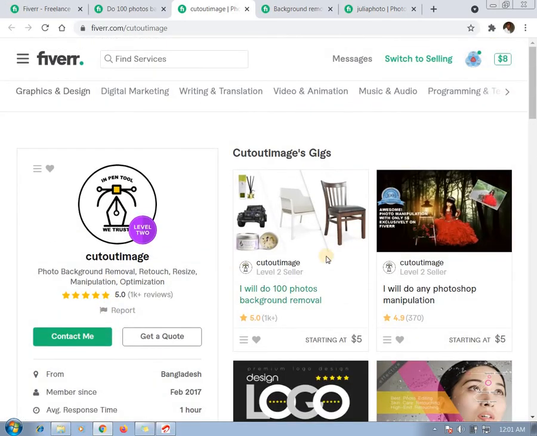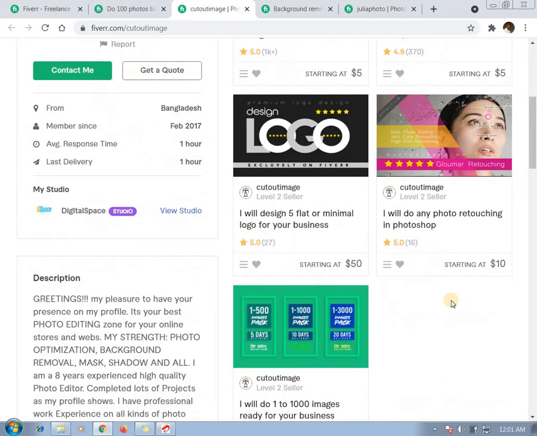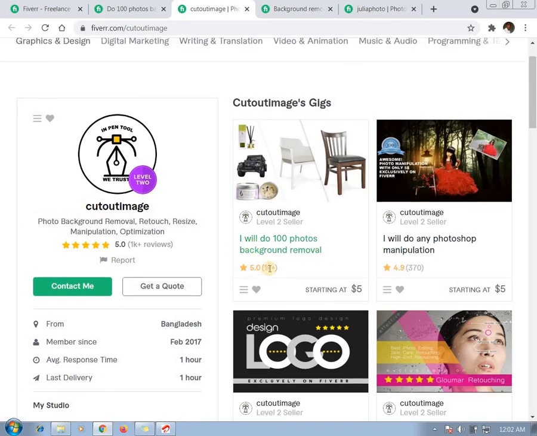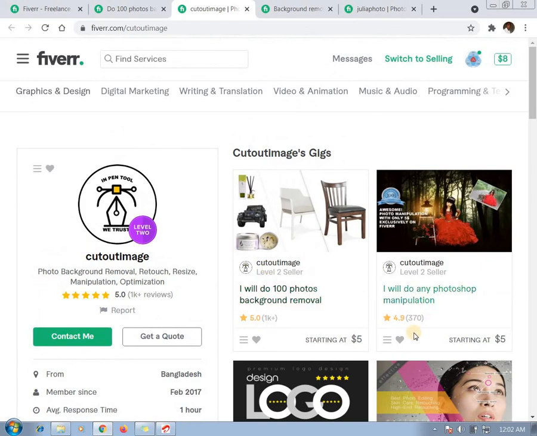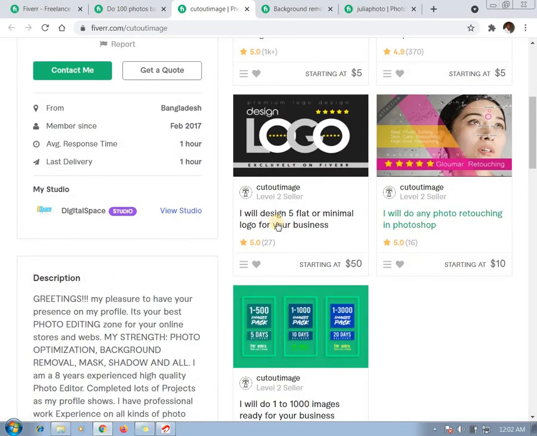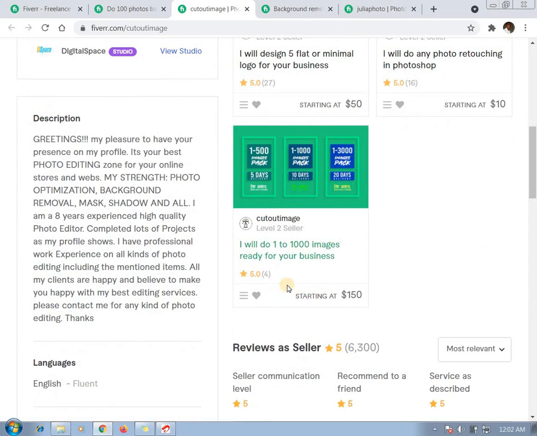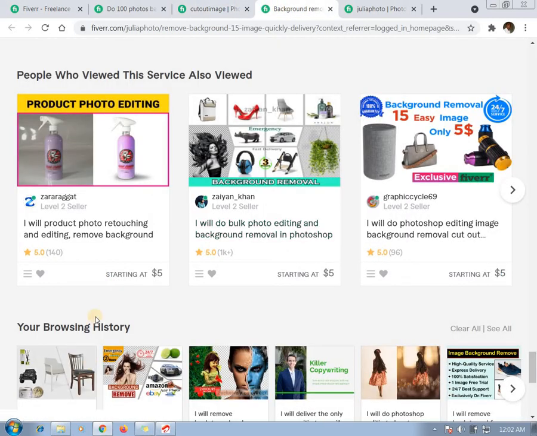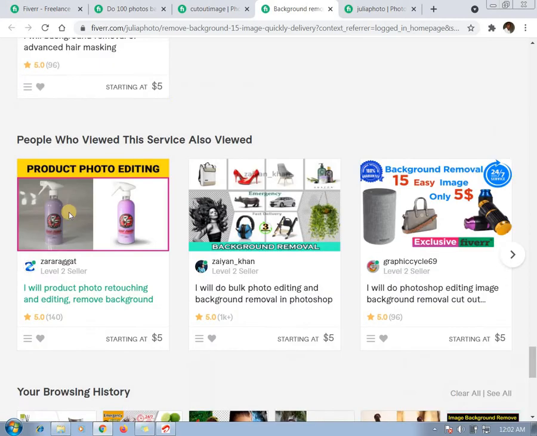But here now you can see these are the services he rendered. From a look of things, the most selling one that I have sold most is the background remover. I said in thousands, over 5,000 plus. But also just 300 and something, 16, 27, 4. Meaning this is the main service that is selling well on this profile. Let me check on another person's profile so that I can still see the same thing.